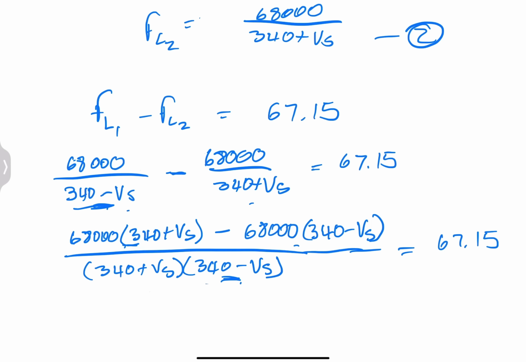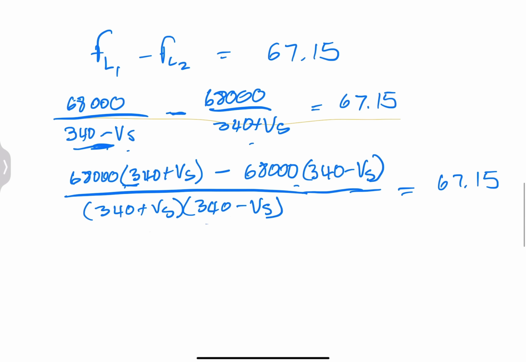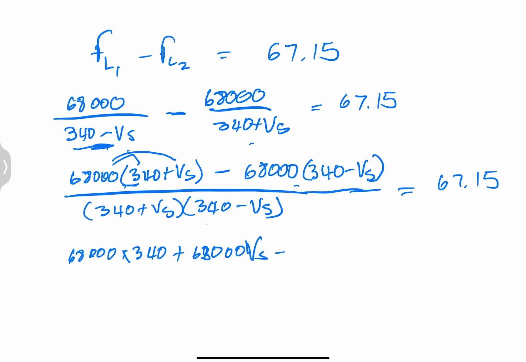And the same thing is true for the other side, right? So now, what do we have? If I multiply inside the bracket, I've got 68,000 times 340 plus 68,000 Vs, sorry about that, minus